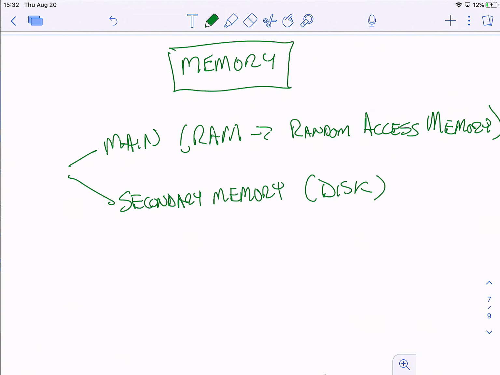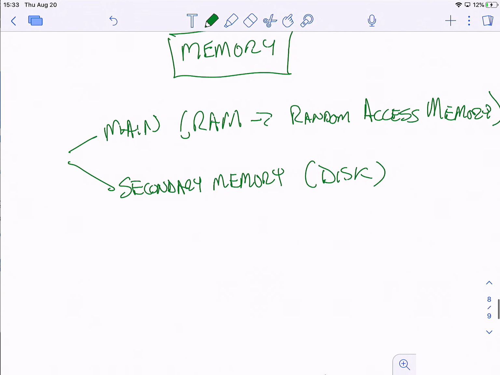When you buy a computer, some of the questions you're going to ask are how fast is the CPU? How good is the CPU? That's one thing you care about. Another thing you're going to care about, though, is how much memory you have, how much RAM, main memory, and how much disk you have. So the size of those memories are important for different reasons. I want to talk about these two flavors of memory and then do some interesting comparisons between the two. So main memory,